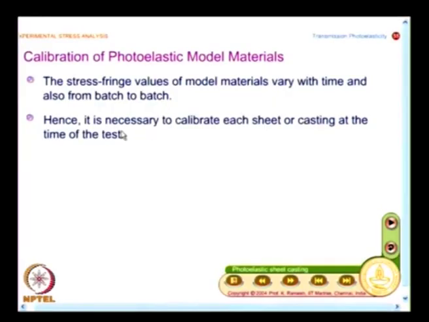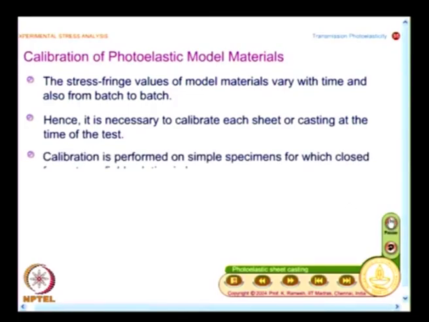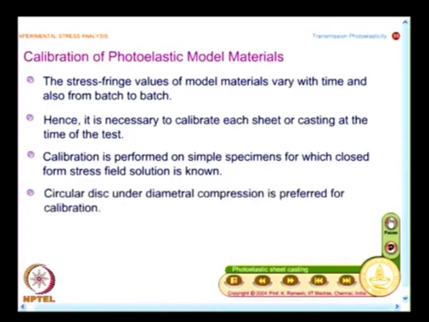So, you need to calibrate each sheet or casting at the time of the test. And what is the thumb rule? When I have to do this, my focus is on finding out f sigma. So, I need to do it on a model for which closed form stress field solution is known,